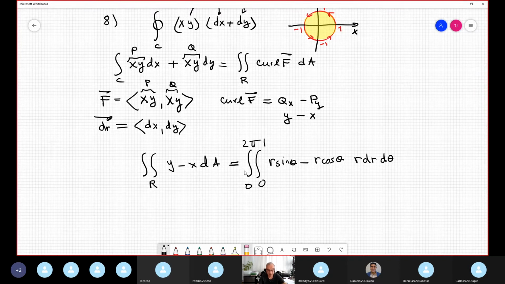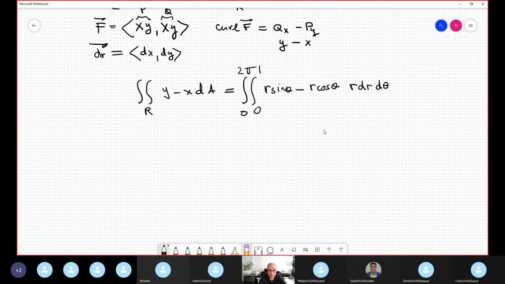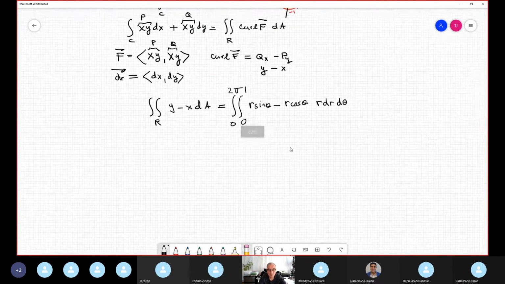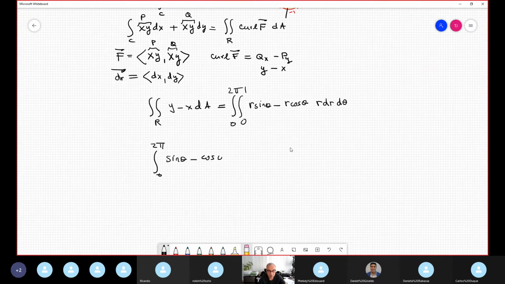This is very, very similar. We can separate into the integral from 0 to pi of sine theta minus cosine theta d theta